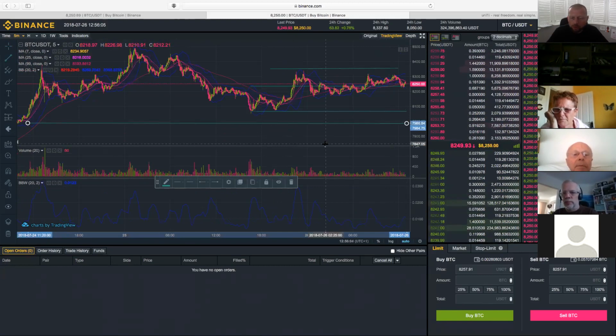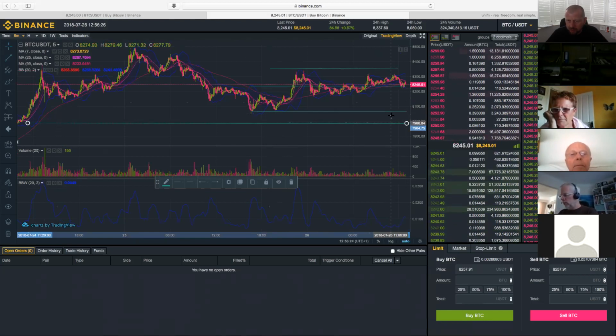Because if the price of Bitcoin tanks, which it can do, we want to make sure we've got plenty of buyers between this price level and this price level. So we want to make our Bitcoin as attractive as we possibly can to this price range. We want to make sure that we can sell our Bitcoin from any price between 8066 and